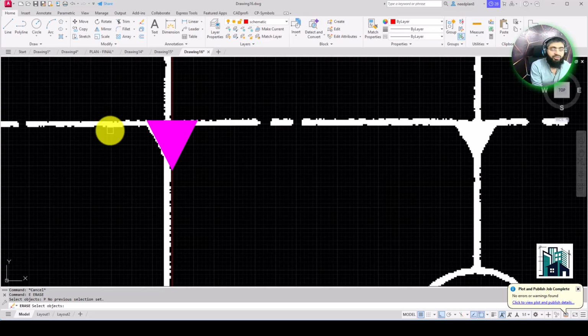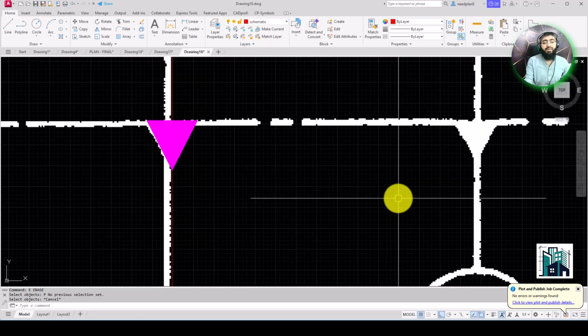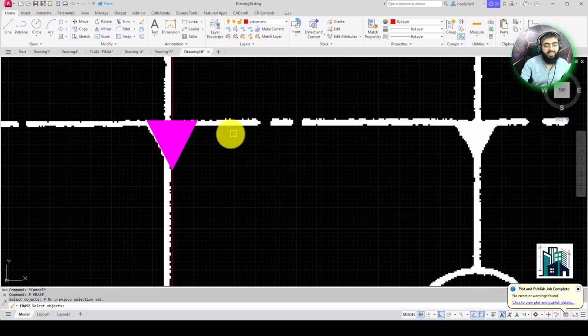So you can use it like this. Like I have selected this previously, but I don't want to select this object again for erase, so I'm going to type E enter and then P enter. I have not selected this object.